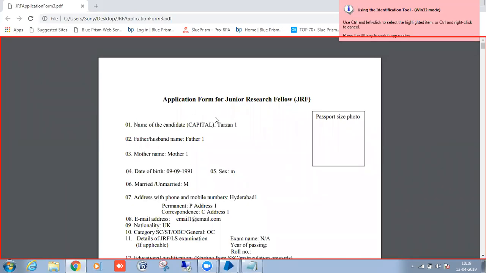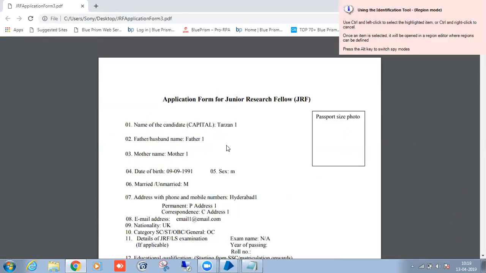Only the outlet is highlighting. So only the borders are highlighting. With the borders we can't do anything. So that is also not required. And the accessibility mode, we can't spy anything, right? So you can see I'm scrolling down and up. So I can't spy anything. And only the final one is the region mode. So where we will do the automation with the same.